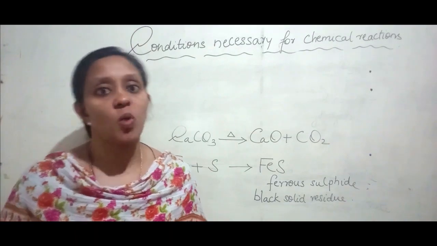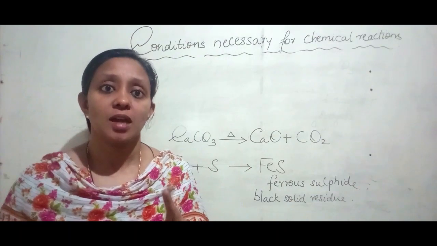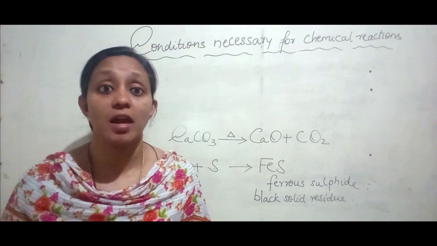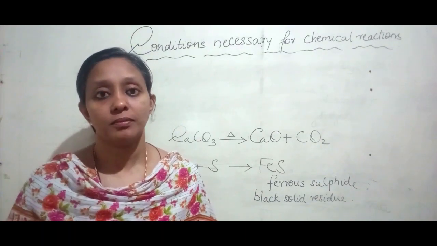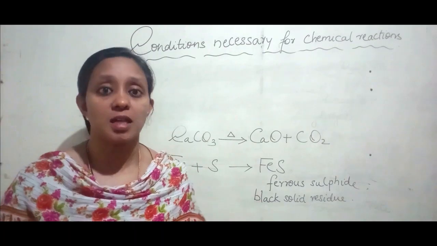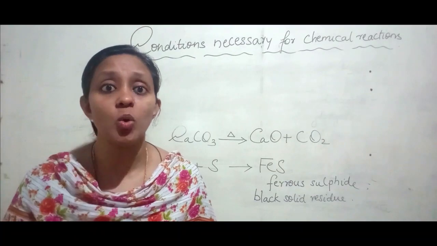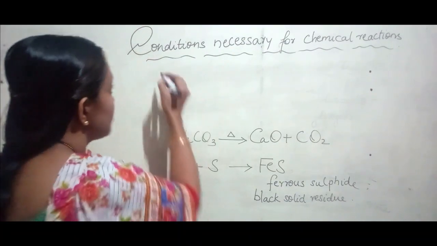We have seen one example for such a reaction. Now, in the second case, we have seen solution form. Reactants should be taken in their solution form, only then they will be reacting. The third condition is heating. The reactants will undergo a chemical change only when you heat them. So three conditions we have seen. Moving on to the fourth condition,